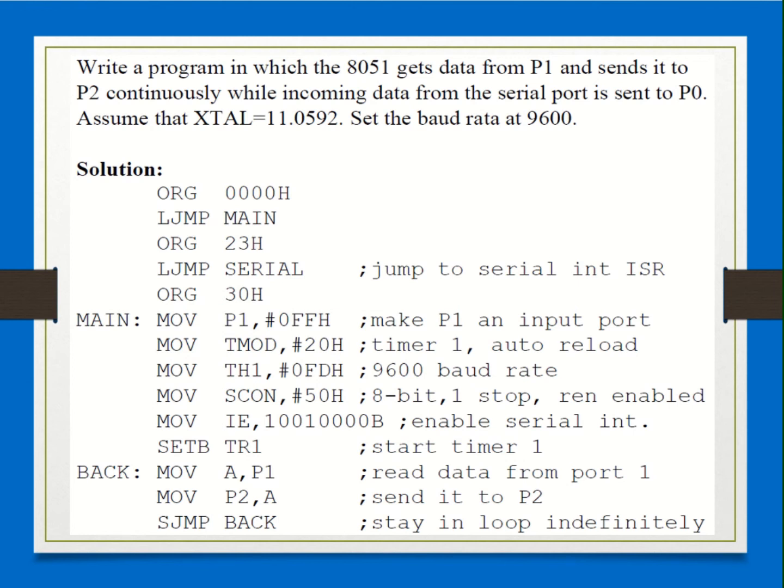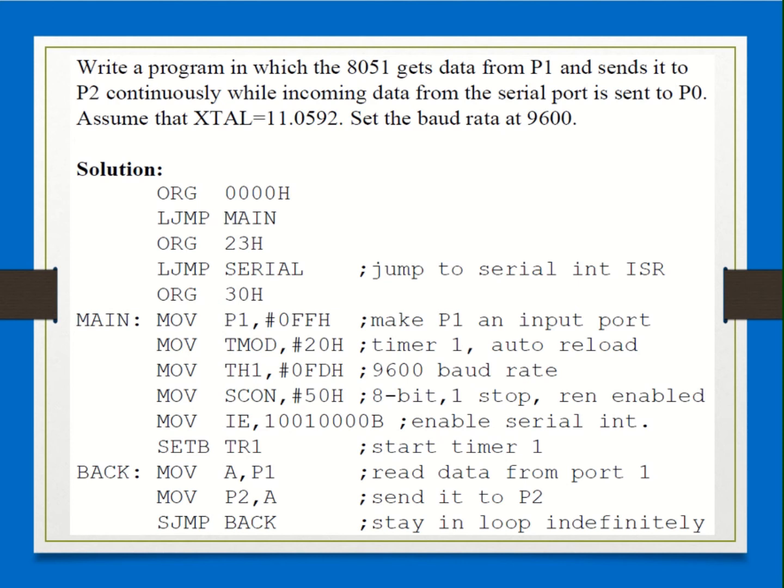The SCON register you are loading with the value 50H, which programs the serial communication for 8-bit data with one stop bit, and the REN bit is also enabled. Then you are enabling the serial interrupt. That is why you are loading this value in the IE register, binary 1001 0000, that is 90 in hex, into the IE register, right? Now what happens?